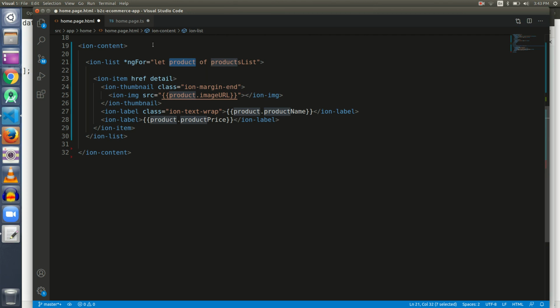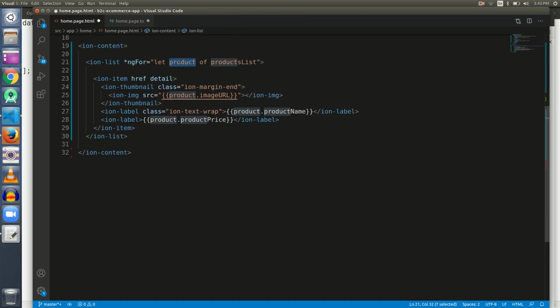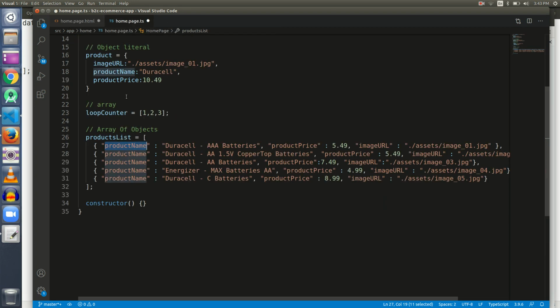So now we can access the values of the first object, I mean the properties of the first object, that is product name, product price, and image URL with the help of the product variable. In order to access the first property of the first object, we will use product.product name. Why?